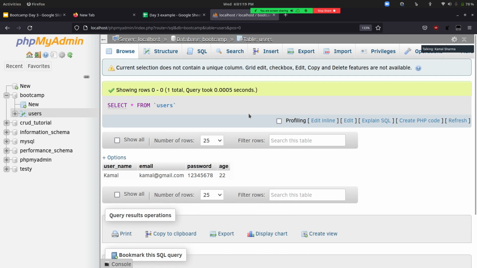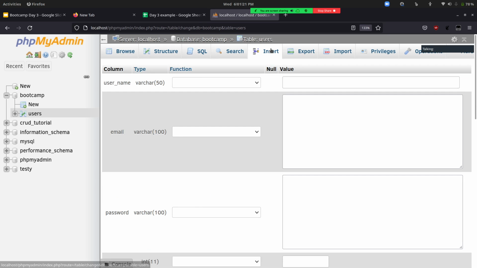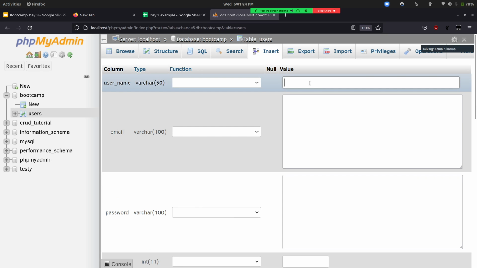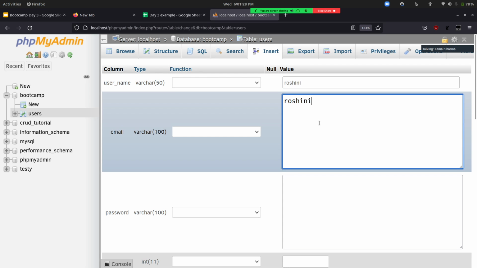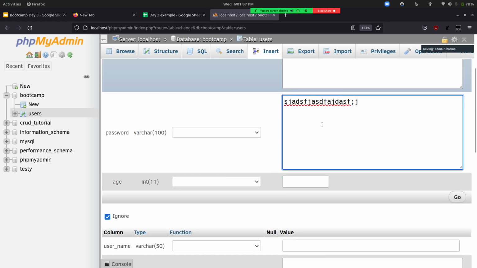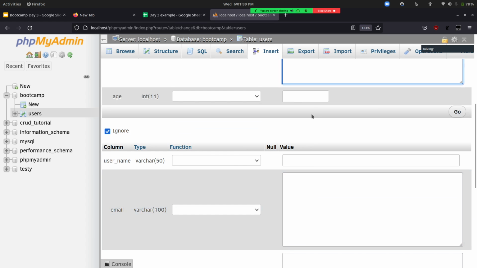Let's try to add some more values. Just go to insert, specify the name, specify some values for the particular table, and just some random thing. And I'll just store 22 here also. I'll just give 21, just to have some different values.